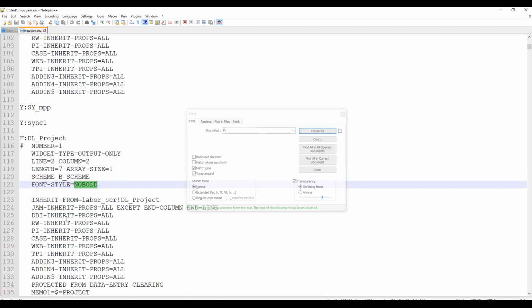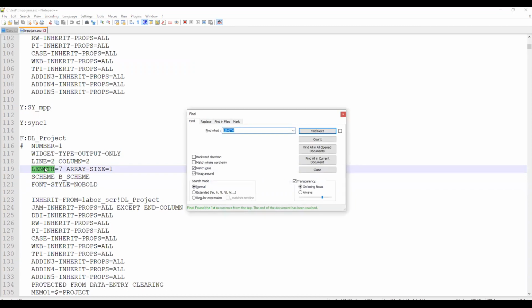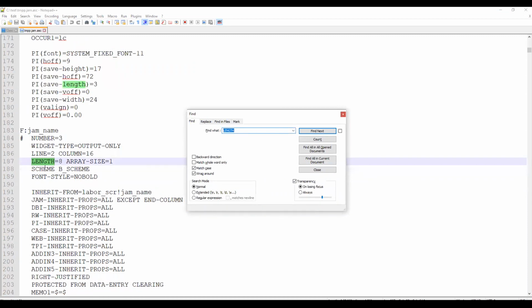If you have a couple of widgets that are to be modified with the same properties, you can just search for exactly what the property is. Let's suppose length is the property which you want to modify for 10 widgets. You just search for the length property and keep going and modifying the fields. Whichever field you want, you can modify, save it, run F2Ask and convert it from ASCII to binary. In this way, it will be easy for you to modify the properties of a screen with multiple widgets at the same time. So this is all about the F2Ask utility.